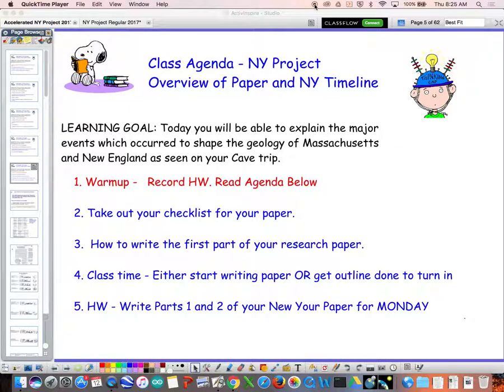These are the directions on how to start your New York paper and write the first parts of the assignment. This is going to be due on Monday, October 16th, so you'll have a class period to work on it, and then you can finish up for homework. As you can see on the agenda, you're going to need your checklist, you're going to have your outlines